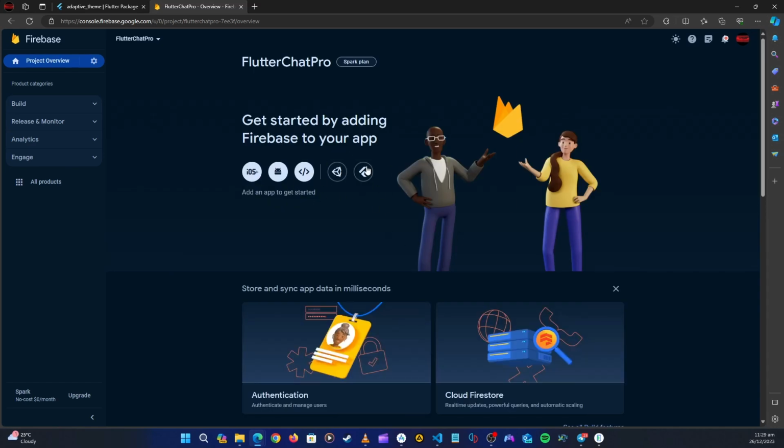So here's the home of our project. Now we need to connect our Flutter application to this project in Firebase. You can connect iOS only, Android only, or web only, or you can connect to Unity, but we want to connect to Flutter, which means we'll connect all three apps at the same time: iOS, Android, and web. This is the easiest way we can do it. So let's click on Flutter,